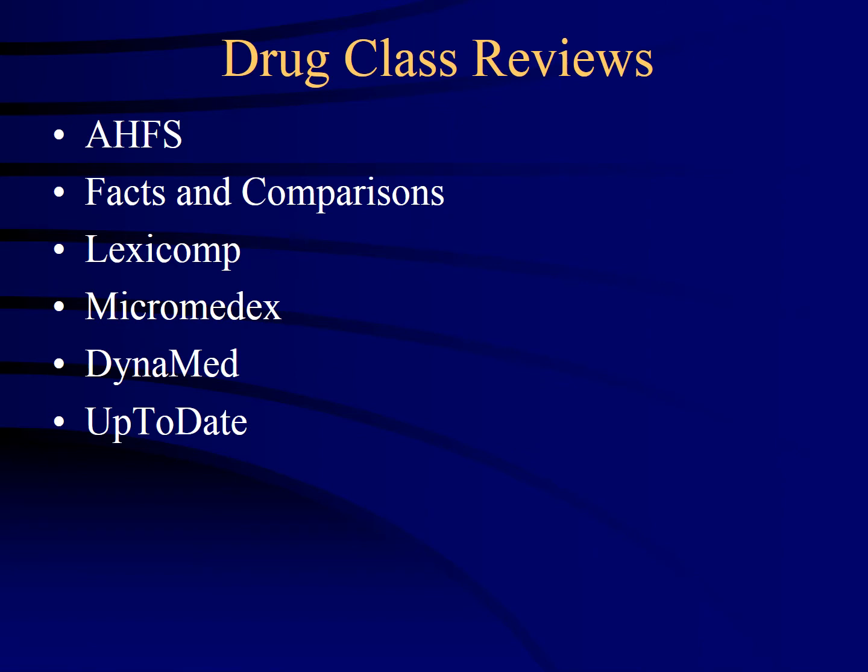For questions in which it would benefit you to look up a drug class, there are several ways you can do this. You can search in AHFS, Facts and Comparisons, Lexicomp, DynaMed, UpToDate, and Micromedex. Facts and Comparisons and Lexicomp provide very useful charts that compare different drugs. All you need to do is type in the drug class name, and you will see it in the search bar. Micromedex provides a section in each specific in-depth monograph called Place in Therapy, which summarizes how that specific drug